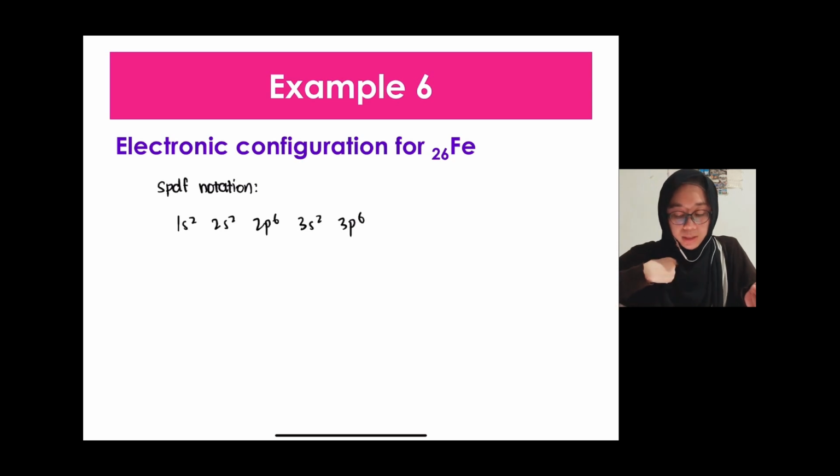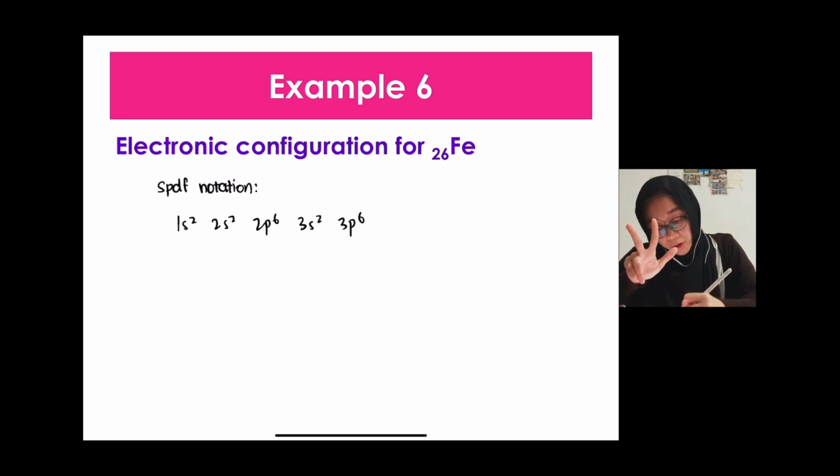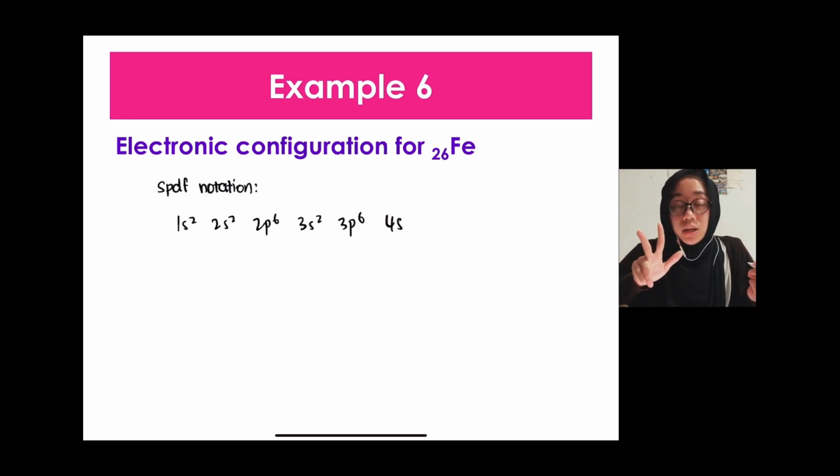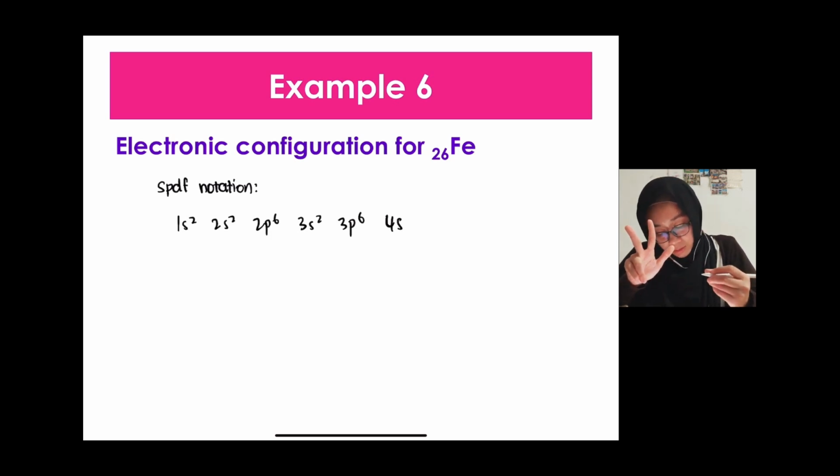Okay, so by the time kita dah isi sampai 3p6, supposedly ada 18 elektron dah yang kita dah isi. So 18 elektron bermaksud baki lagi ada 8 elektron. So the next one after 3p, kita akan isi dahulu 4s. Okay, lepas dah isi 4s, 4s boleh isi 2 je kan. So kita ada baki lagi 6. Barulah kita isi apa? Barulah kita isi